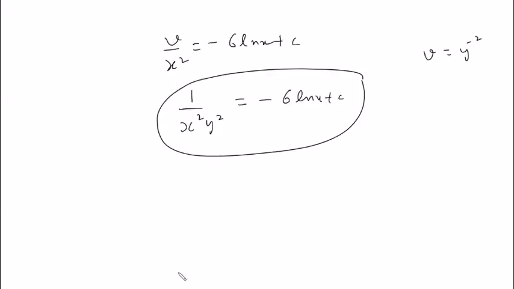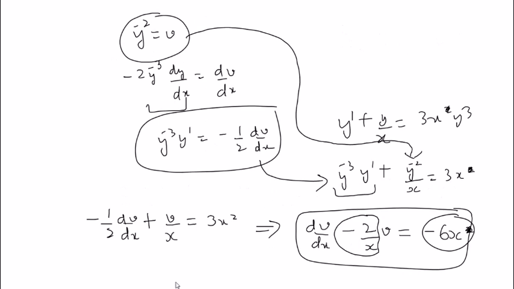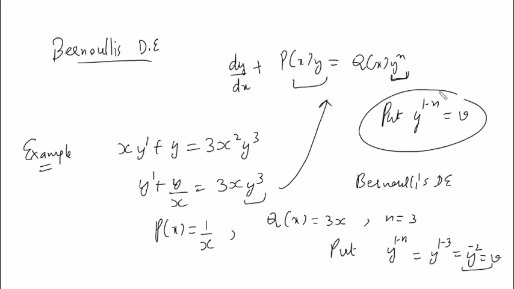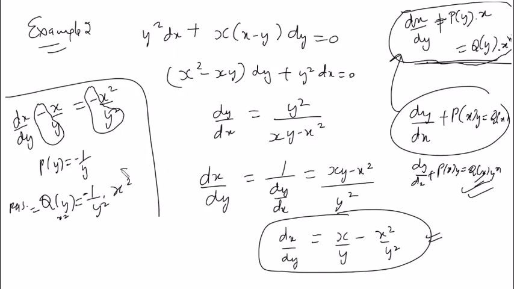Like here, we just saw that y raised to power n is present, so we make the substitution y raised to power 1 minus n is v. Here we don't have to look at y, we have to look at x. Which power of x is making it non-linear on the right hand side? X square, right? So what do I do? Put x raised to power 1 minus 2 equal to v, because now I don't have to see y, I have to see x now as the dependent variable. Clear? Please ask if you have doubts. Okay, so now you can go ahead.